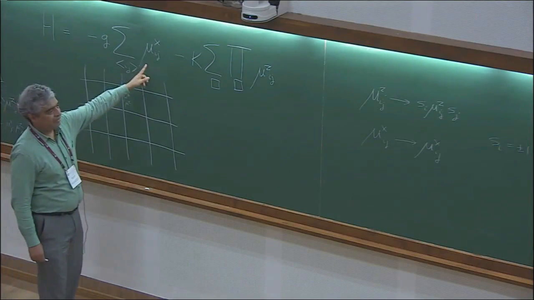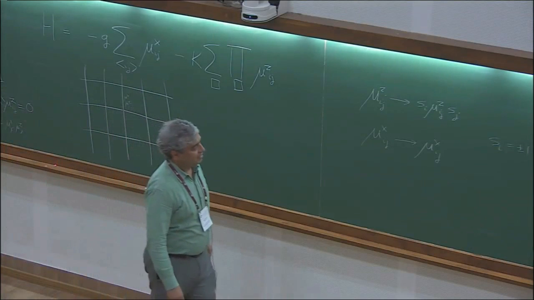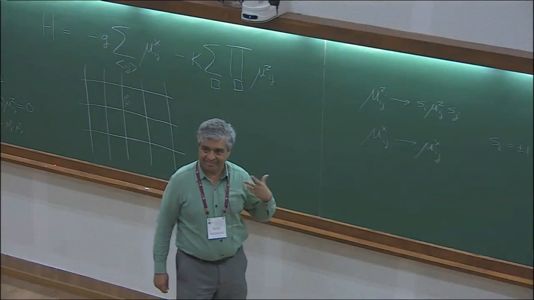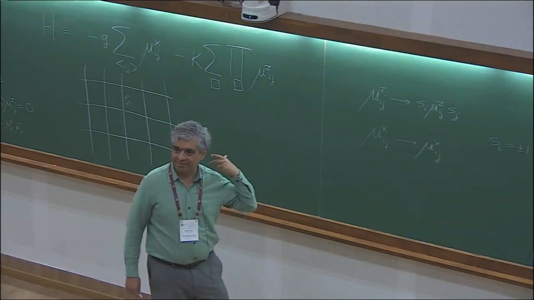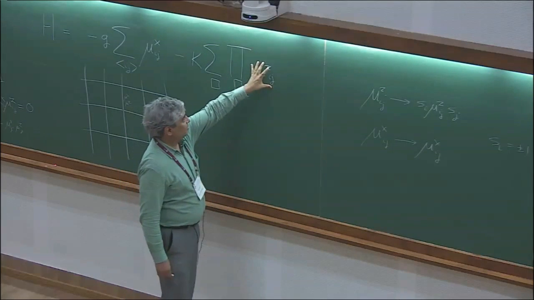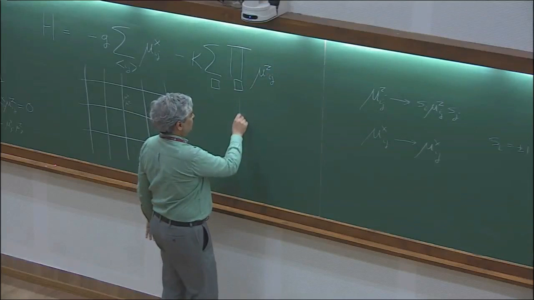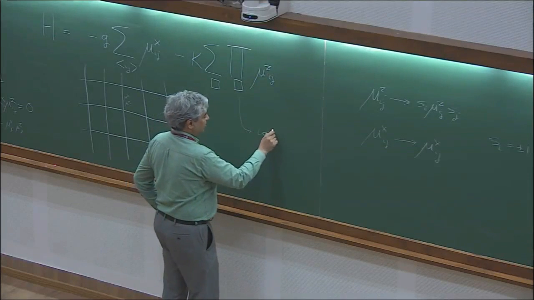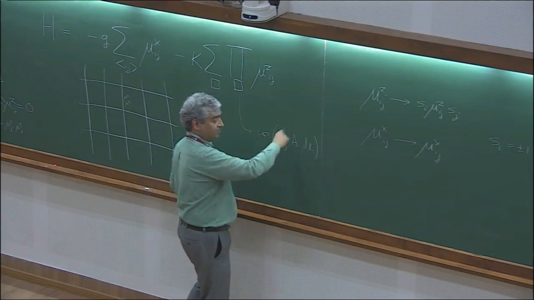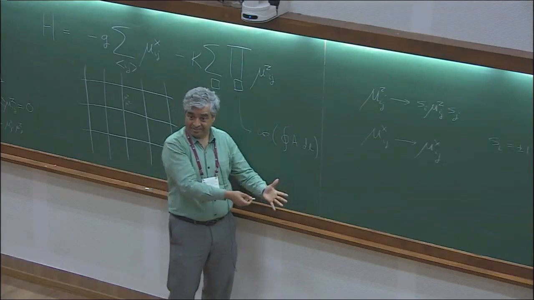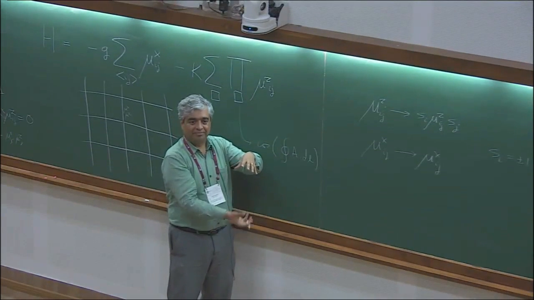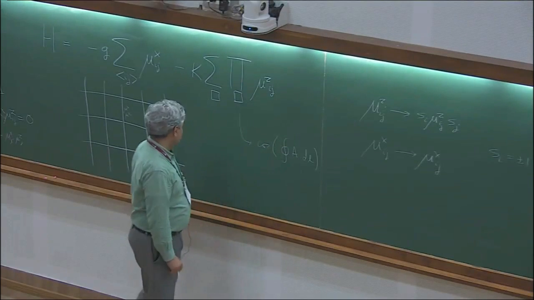Okay. Now, what is mu x? What is the interpretation of mu x? Well, that's a little tricky. The interpretation of mu x will turn out to be like an electric field, the square of an electric field. But let's see how that works out when you look at some pictures in a little bit. You can see this term, for example, in the U1 gauge theory, would be cosine of A dot dl around a plaquette. It's just the cosine of the flux through the plaquette. It's a very physical thing. That's why I call this the Maxwell term. It's like B squared, cosine of B through a plaquette. Okay.